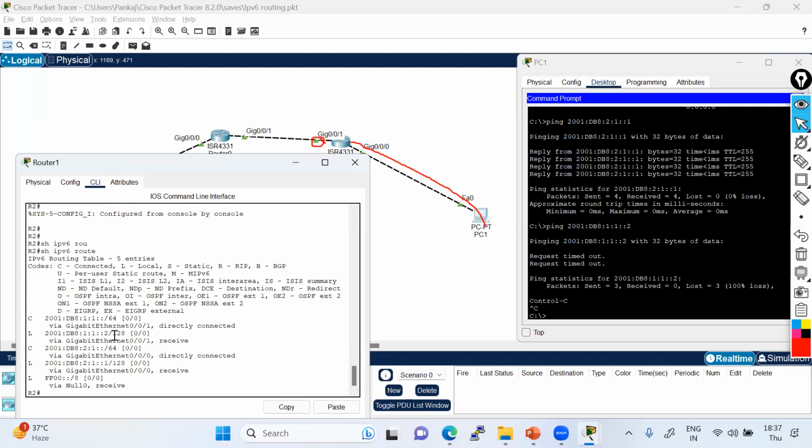So we can see this is directly connected, right? This network is directly connected, which is the IP of this network. And this is local. And what about this one? This is local, but it is not showing directly connected. Why?